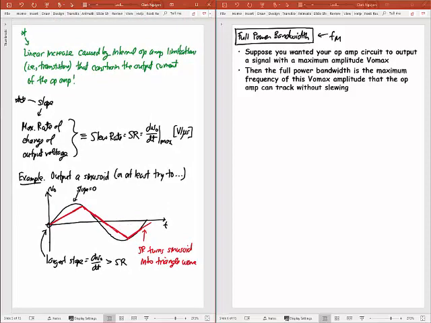All right. So suppose you wanted your op-amp circuit to output a signal with a maximum amplitude, V out max. Then the full power bandwidth is defined as the maximum frequency of this V out max amplitude that the op-amp can track without slewing. So can it reproduce the sinusoid? And so I can start writing some things down. If my sinusoid is V naught equal to this V out max times the sine